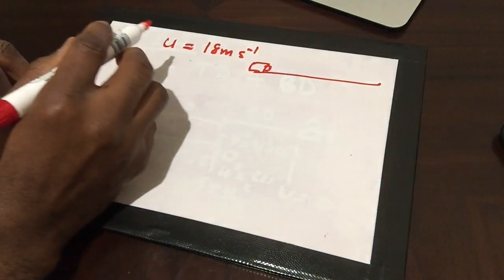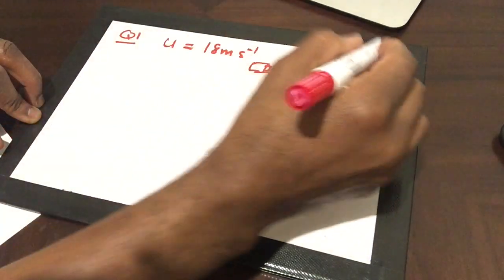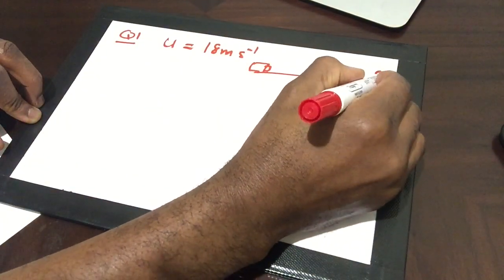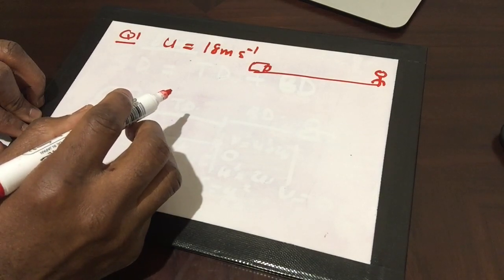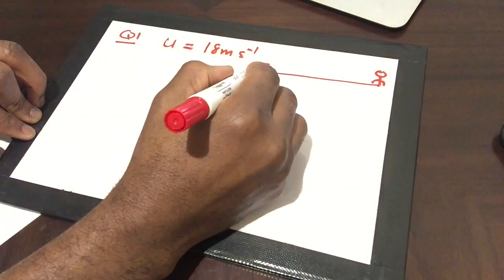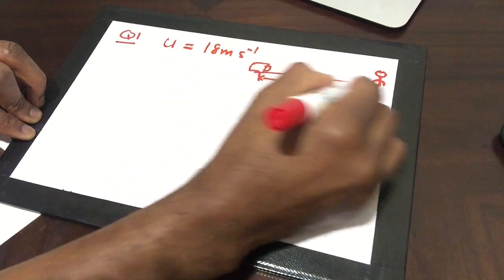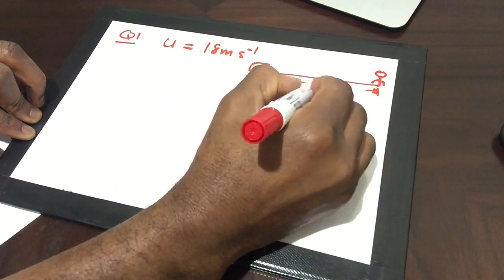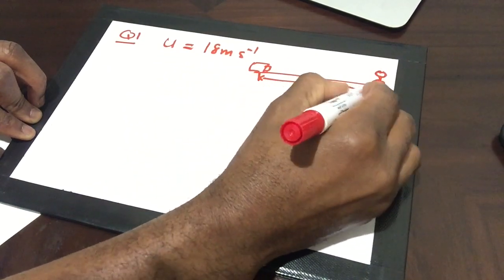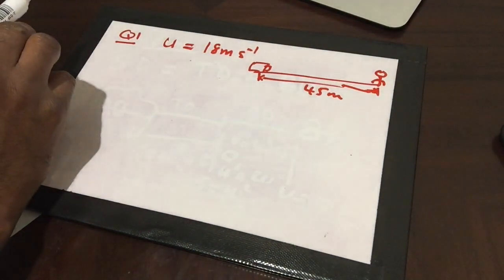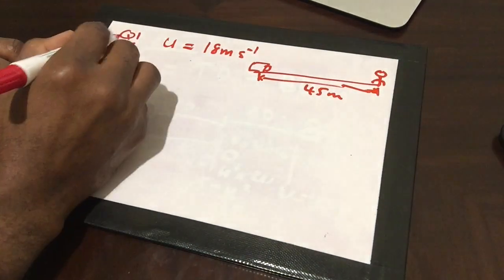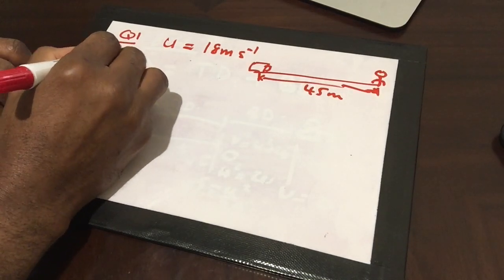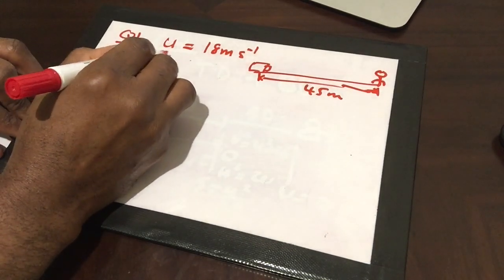When the driver sees a pedestrian stepping up the pavement into the road 45 meters away, so from that spot to that spot is 45 meters away. Okay, the driver reacts within 0.5 seconds, so we can then say the reaction time of the driver is